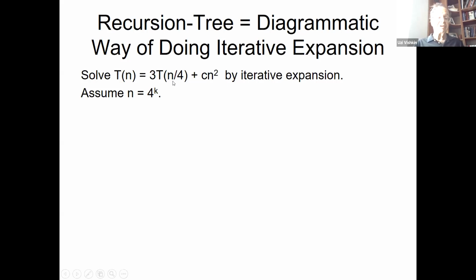So the fact that we have a 3/4 situation here, which is a smaller fraction than 1, is going to be the major thing we need to take into account when we consider the behavior of this recursion